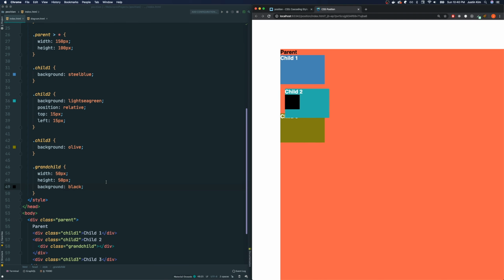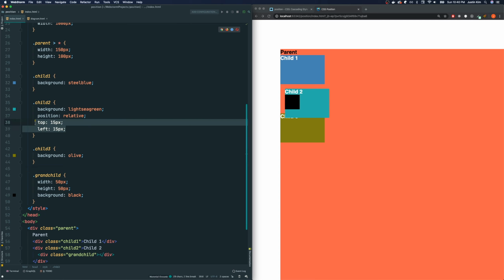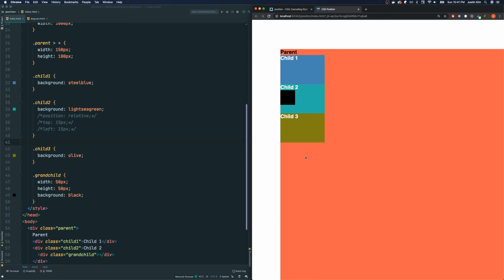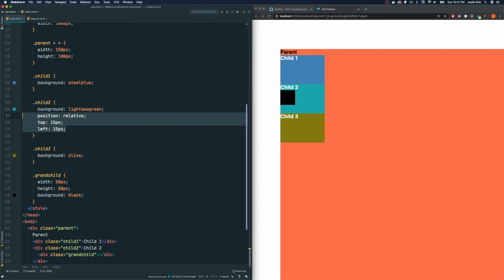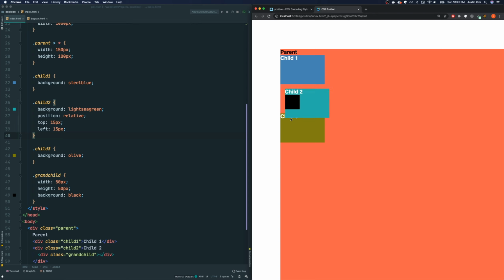So notice, let me move child 2 back to its original position by commenting this out. Look at where the grandchild is positioned. It's in its usual normal flow within child 2. Now, when we offset child 2 with the relative position,